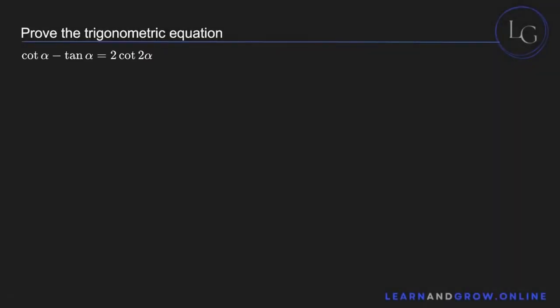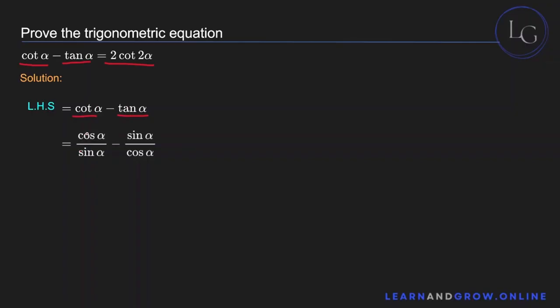Now let's prove the trigonometric equation by using double angle formulas. It says that cotangent alpha minus tangent alpha is equal to 2 cotangent 2 alpha. Let's take the left hand side and prove that it is equal to the right hand side. The left hand side is cotangent alpha minus tangent alpha, and now